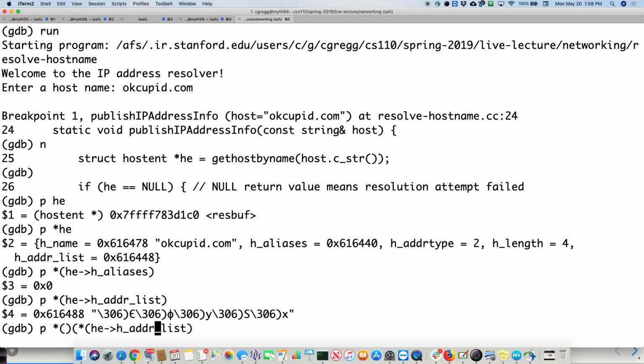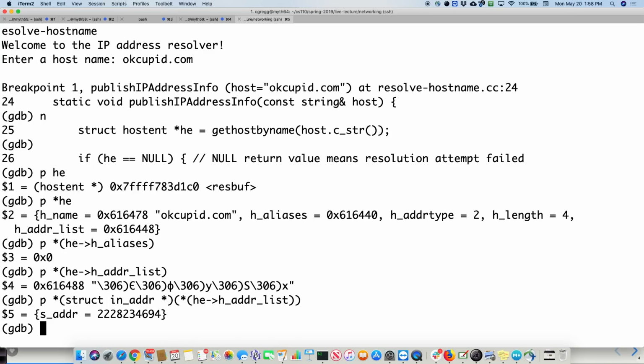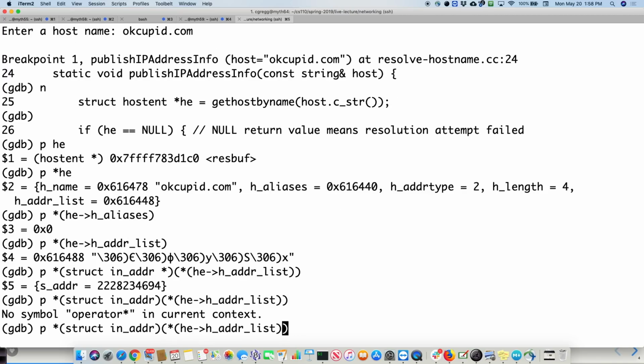Let's see if we can do this. We're going to have to cast it. I know, it gets ugly, right? We have to cast it to a, what is it here? It is a struct in_addr, struct in_addr star, maybe? Nope. I did this earlier.